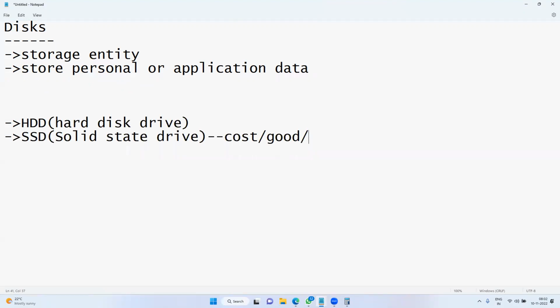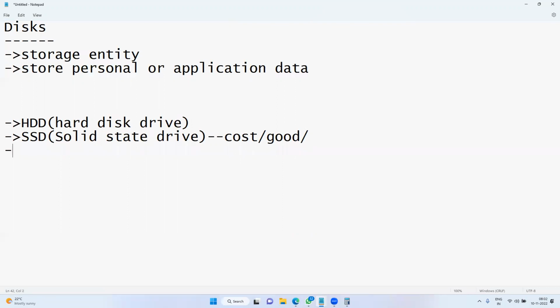When you install any operating system on top of SSD, booting up is very fast, in less than 30 seconds. Your virtual machine would boot up in less than 30 seconds on SSD. Try it out. Install an operating system on SSD in your laptop, Windows 11 especially, with 16 GB RAM. Obviously boot up is less than 30 seconds.